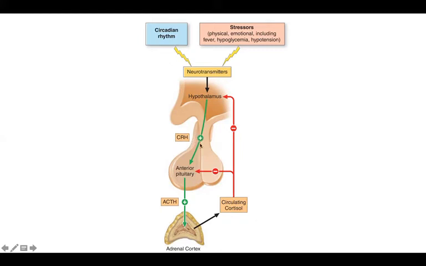This corticotropin releasing hormone then reaches the anterior pituitary, where it causes the release of adrenocorticotropic hormone. This adrenocorticotropic hormone then affects the fasciculata layer of the adrenal cortex, and as a result, the adrenal cortex releases cortisol. This cortisol has a negative feedback inhibition at the level of the anterior pituitary, as well as at the level of the hypothalamus. So this is about the HPA, hypothalamic pituitary adrenal axis, controlling the release of glucocorticoid, or cortisol, from the adrenal glands.